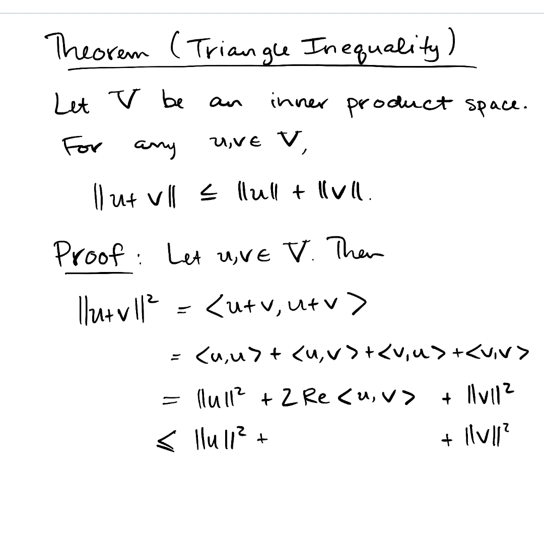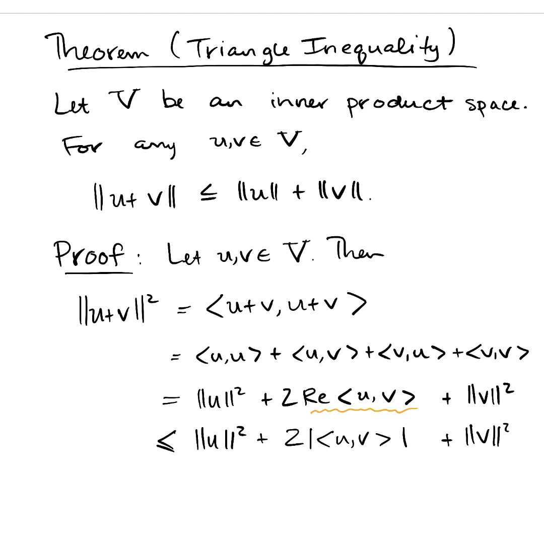So for 5 plus 3i, 5 is definitely no more than root 5 squared plus 3 squared. And it's important in this line because we're going to trade in the real part of the complex number u inner product v for the absolute value of the inner product u with v. So the previous line is less than or equal to norm u squared plus twice the absolute value of the inner product u with v